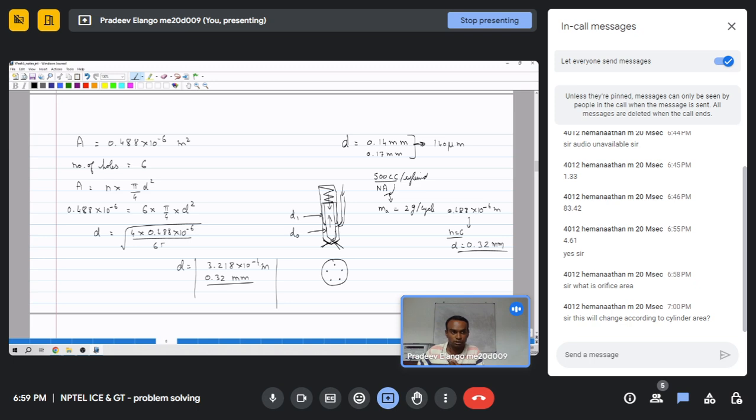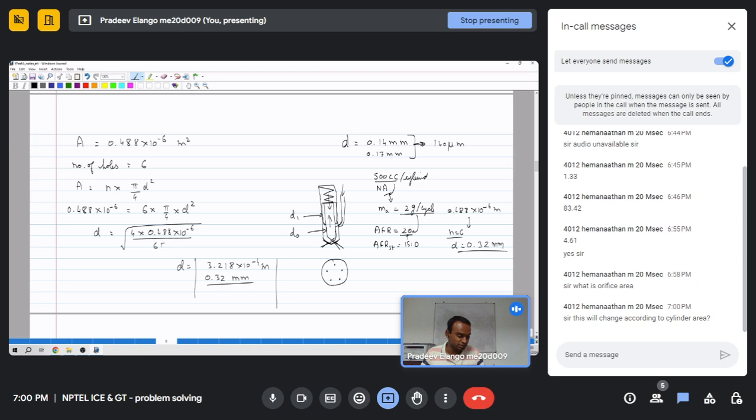So we have seen some air fuel ratios earlier. Generally for a diesel engine, the air fuel ratio will be a maximum of say 20, but the stoichiometric air fuel ratio will be around 15 to 1. But the fuel has to come out of the injector and then start mixing, and all the air has to be utilized. So we will give some margin of say 20. Though the stoichiometric air fuel ratio is 15, we can go up to only 20, because some air in the cylinder will be unused. So with air fuel ratio 20, and the mass of air that can be taken in is 2 gram per cycle,